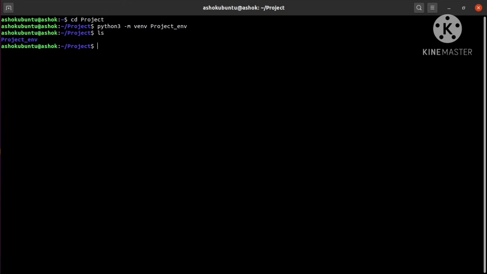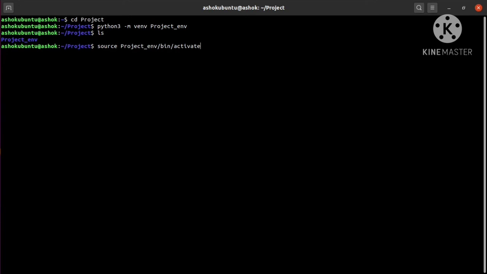Next, we are going to activate this environment. How to activate this project env? Just put this command: source project_env/bin/activate. This command will activate our Python project environment.